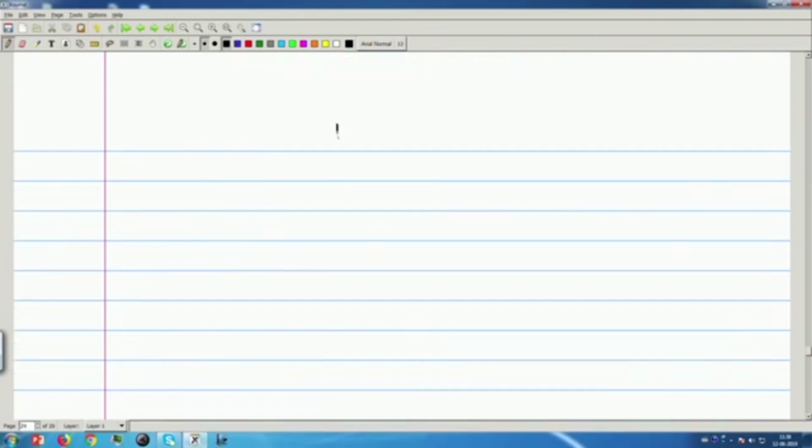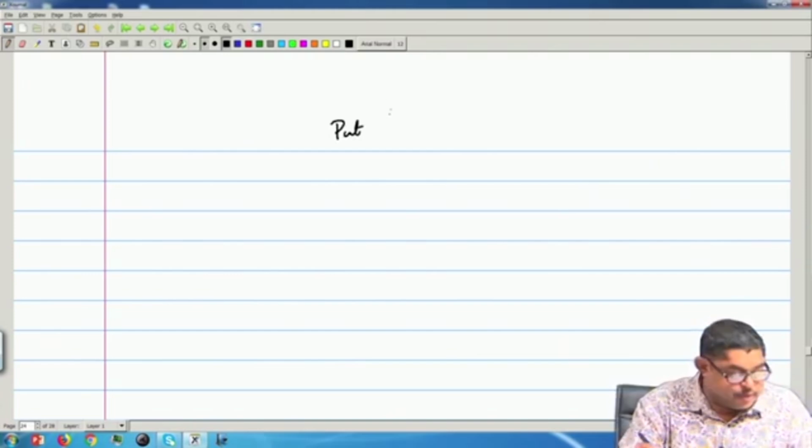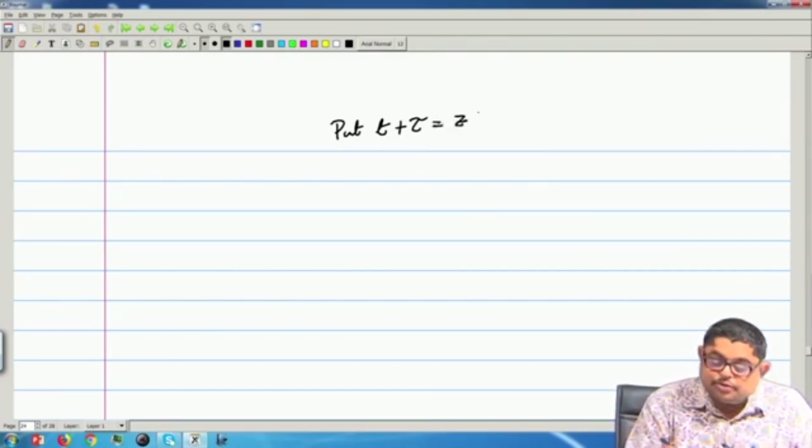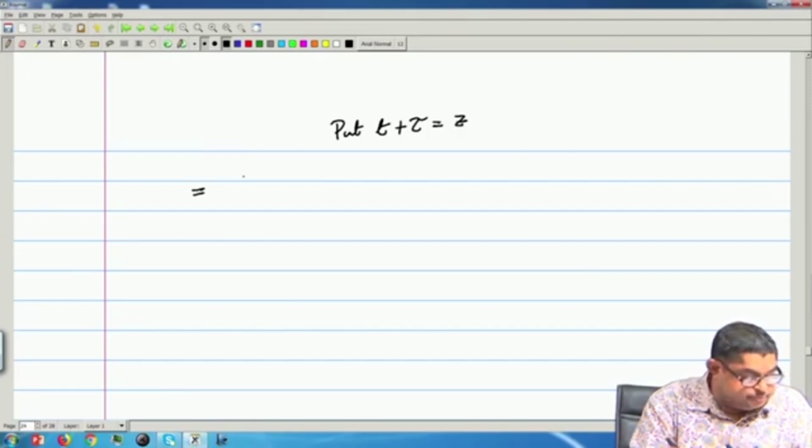Now we can put a change of variable, t plus tau equal to z, in the second integral. So, that will give us